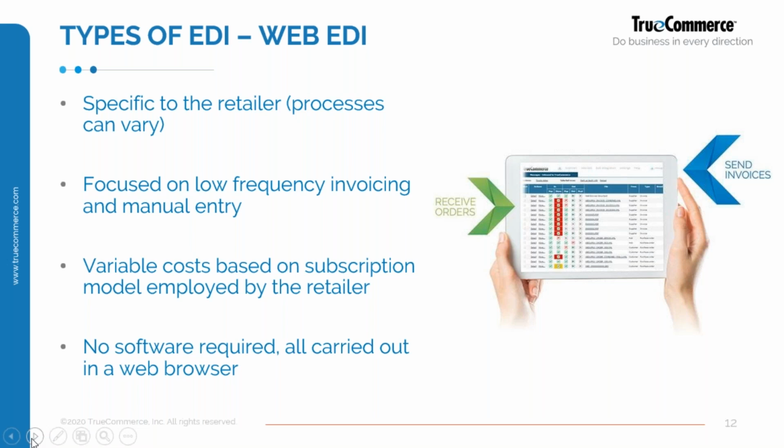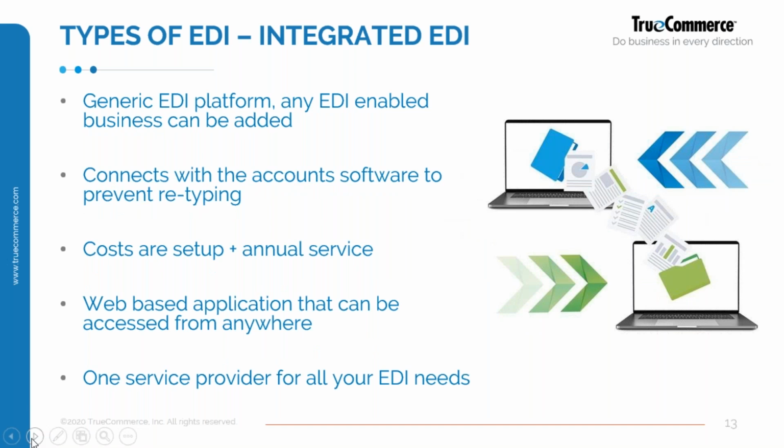The difference for you, perhaps as a supplier, will be the amount of effort to get that invoice across to them. And so web-based is certainly focused on smaller suppliers that just want to have a lower outlay in terms of cost, and want to just accommodate what their customer wants to do. Integrated EDI, again, links up to your back office system. That's the big change over it. Also, you tend to have your own hub rather than using a generic retailer hub.